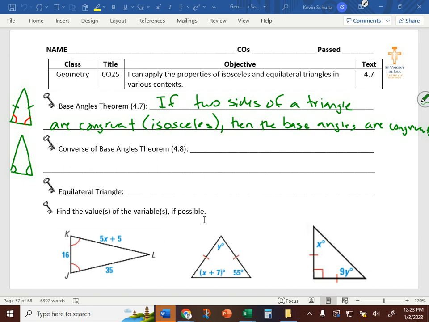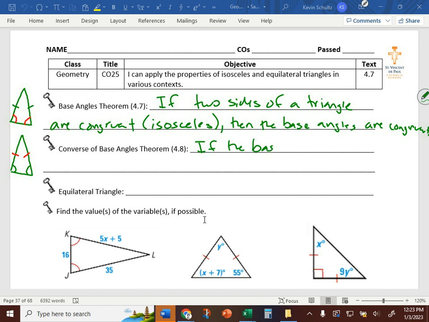Okay? In the converse, we know the base angles are congruent, and therefore we can conclude the triangle is isosceles, meaning it has those two congruent sides as well. So the two ways to determine whether or not a triangle is isosceles: number one, you're told what you're used to, it's got those two congruent sides. We can then make the leap that the base angles are also congruent. But if you know that the base angles of a triangle are congruent, it means it's isosceles because we can conclude the sides are congruent as well. Okay? So in words, the converse,